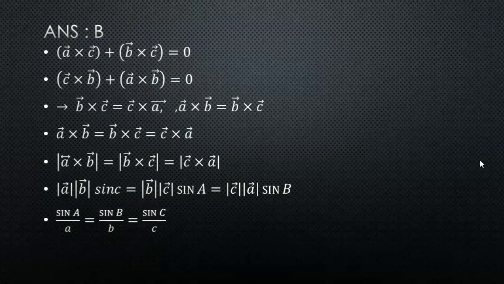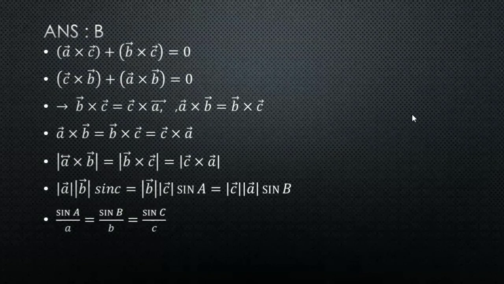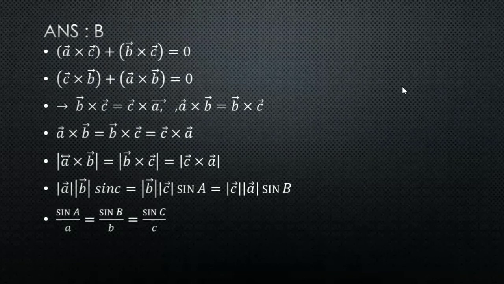If you consider the triangle ABC, here we'll consider a triangle. Take the points as A, B and C. Since this is angle A, opposite to that will be A vector. If it is angle B, opposite to that will be B vector. You have studied this in the first process, the sine rule. If this is C, then opposite to that will be C vector.